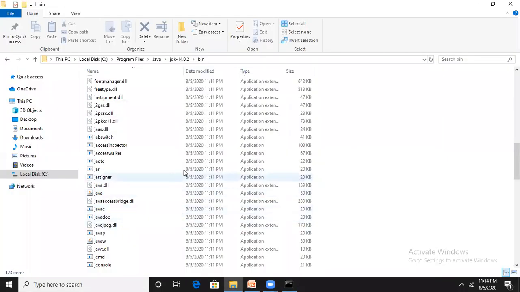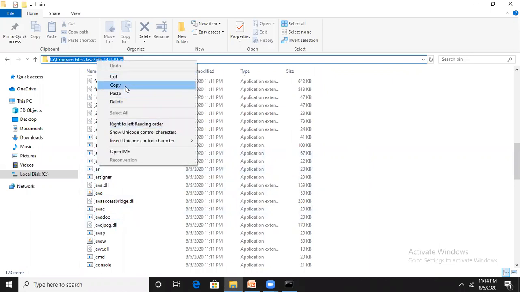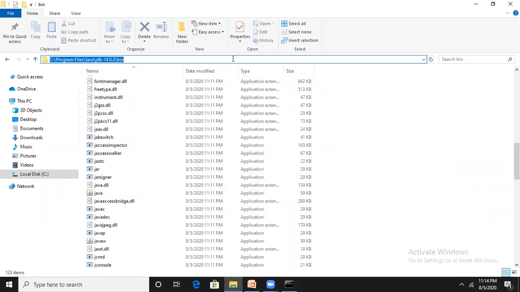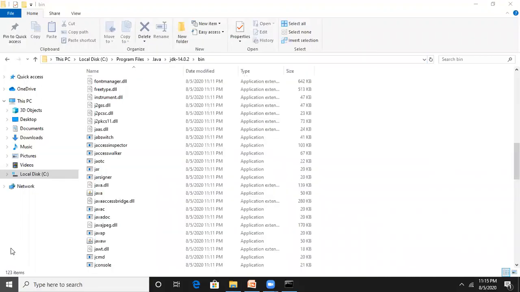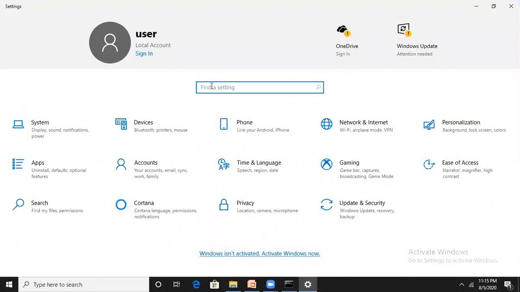Go up to bin, copy this whole path. Again I am showing you, this path is C:, Program Files, Java, JDK-14.0.2, /bin. Copy this whole path. Then go to the Start symbol, go to settings. Settings is open, and type here just AFVI.